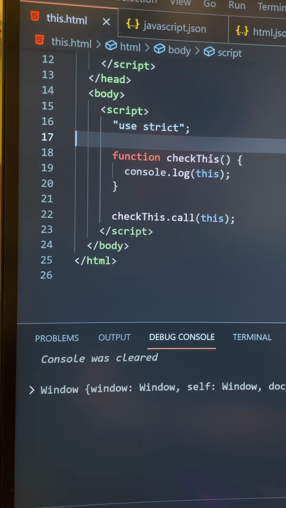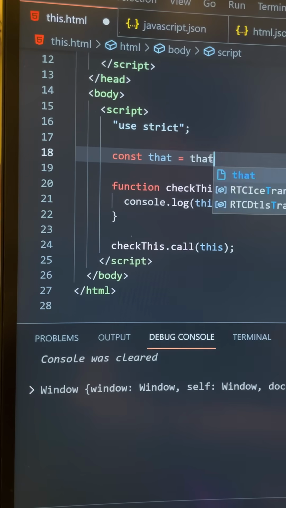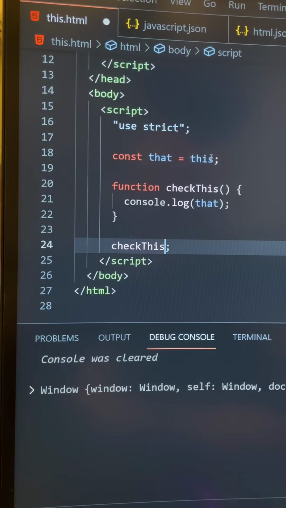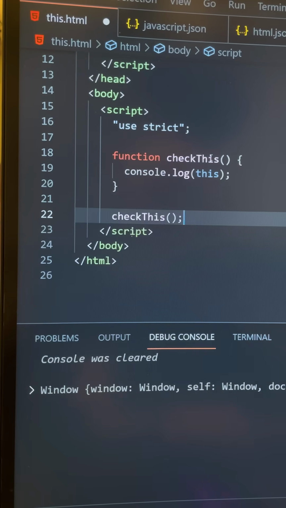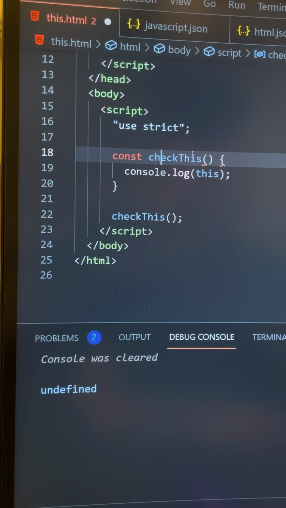But we don't really call functions this way with the call keyword, which is why you'll see a lot of people do this, which is to say that equals this. And then they will check for the value of that in their code instead of this, because they know that that will always be equal to the window object or whatever they set the value of that to in their code. So this is undefined when in strict mode, unless you're using the new fat arrow function type here,